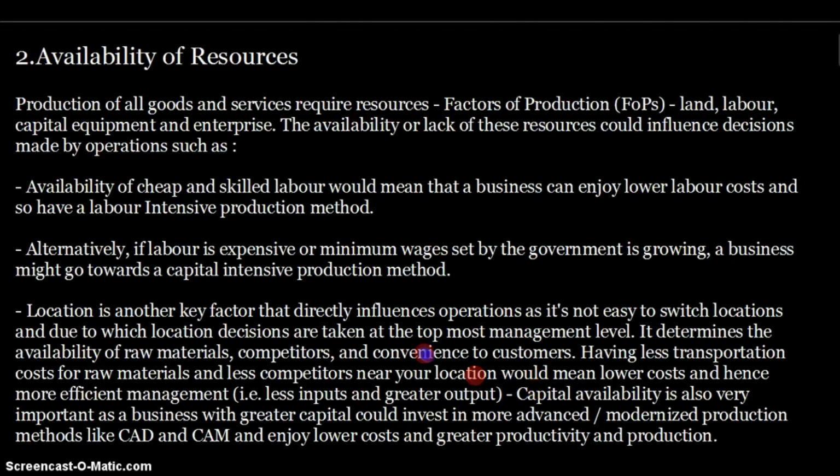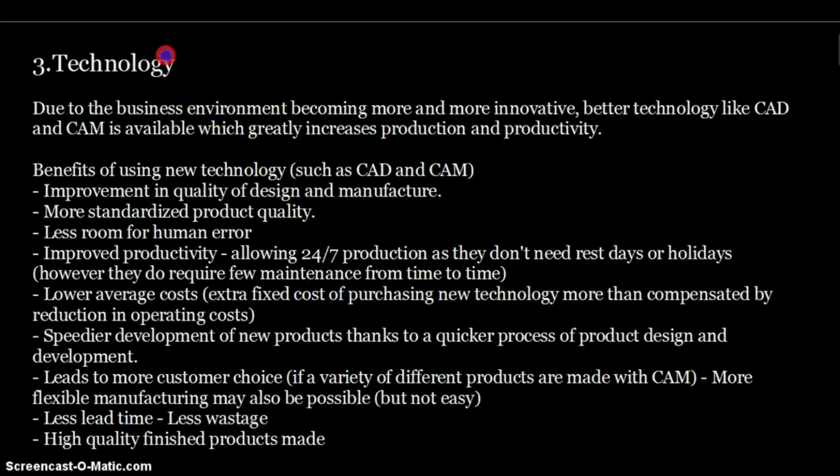So we're going to talk more about detail of location further on in the chapter, but about modern CAD and CAM, what is the technology? That's the third factor. That technology also has a direct effect on operations management. Due to the business environment becoming more and more innovative, better technology like CAD and CAM is available, which greatly